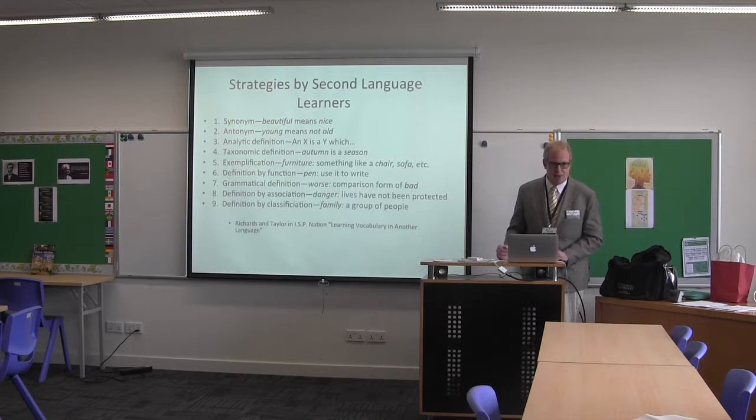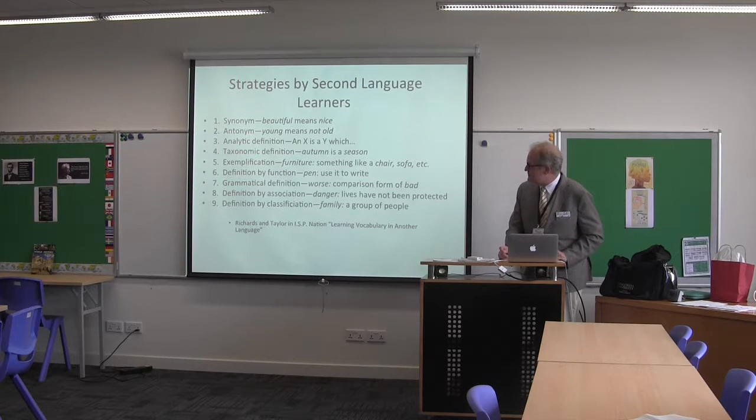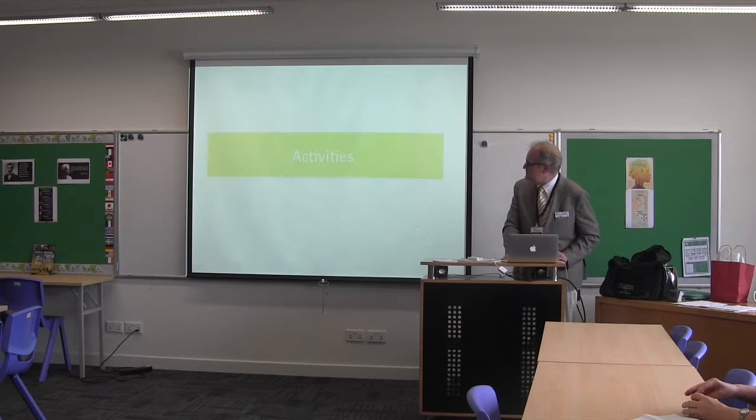These are the different ways that we explain words, and we're going to practice some of these. Synonyms, beautiful means nice, and giving the opposites. Here's a definition where you give the category and explain it, the group it belongs to. Giving examples, we're going to practice these, and function, and of course sometimes you do have grammatical explanations as well. These are some of the ways that beginners use to explain things to each other, and we use these even in our own daily life as native speakers.